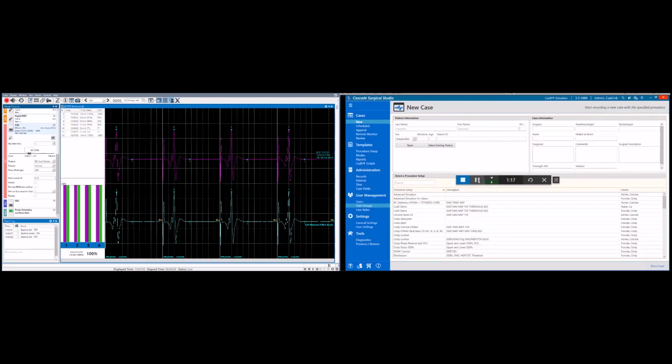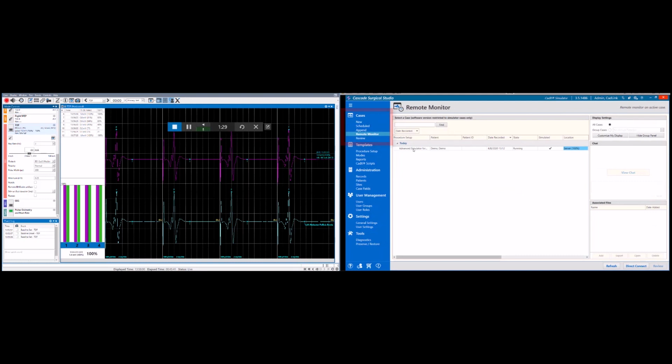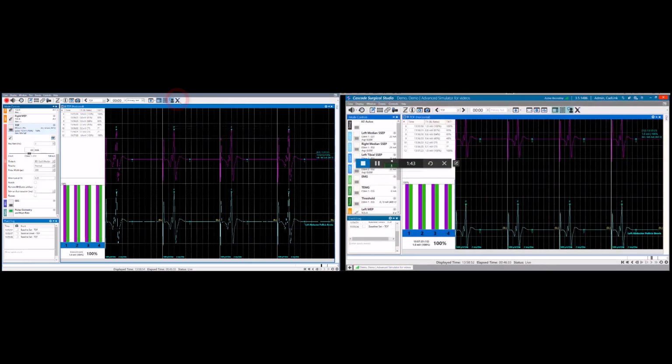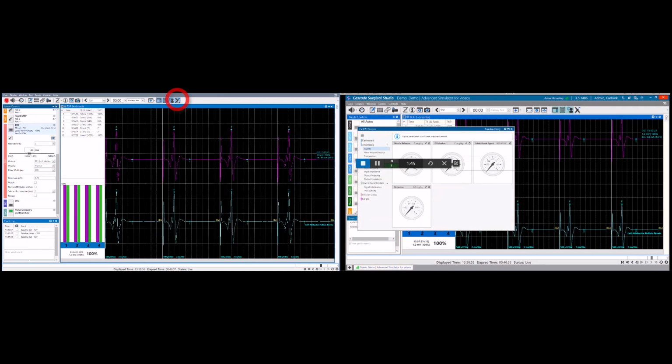The second way is a trainee starts a recording. The instructor connects to the case via CAD link or direct connect as if they are the reviewer. The trainee then opens the CadX control panel